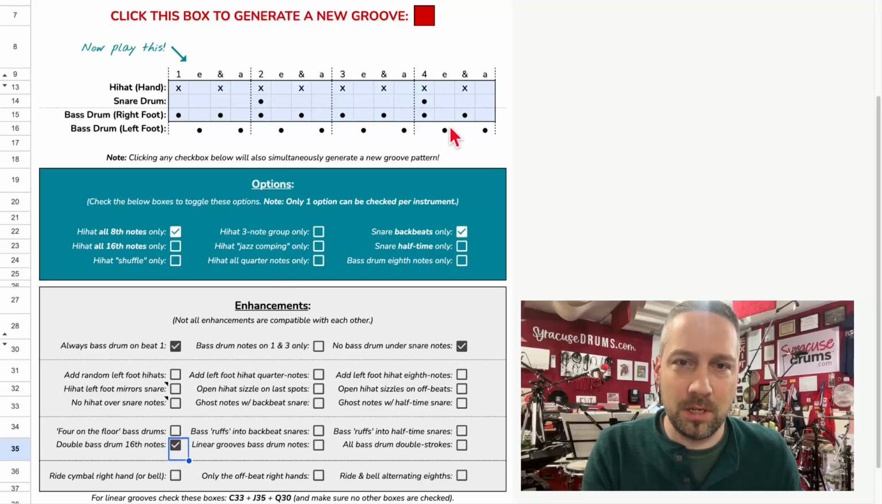This is again locked. We're controlling every metric, so we're not creating random grooves. Everything is being told what to do, so it's not random at all. We can also do